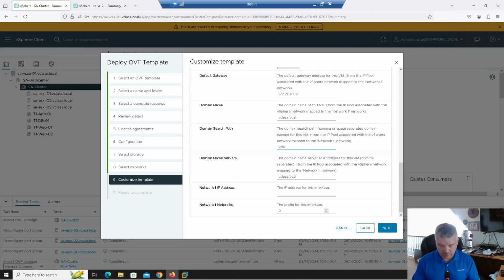Let's try that again. vclass.local. I could comma separate if I wanted to do other searches as well. And what that really means is if you're in SSH, let's say you're at the command prompt, you type in ping, and you just type in a short name, not the fully qualified domain name, it'll append these at the end, right? So anyways. My domain name servers, this is the IP addresses,